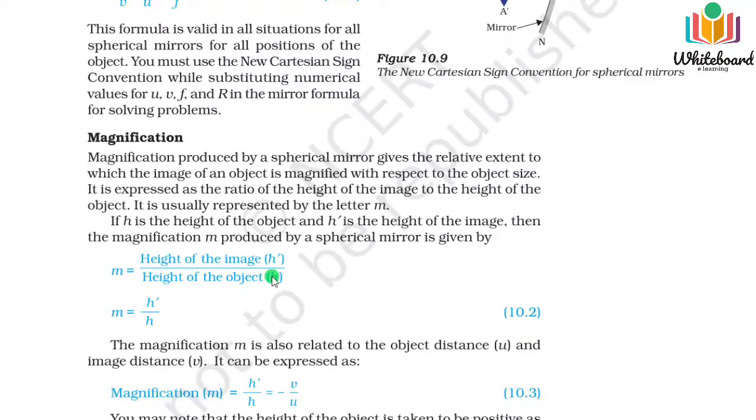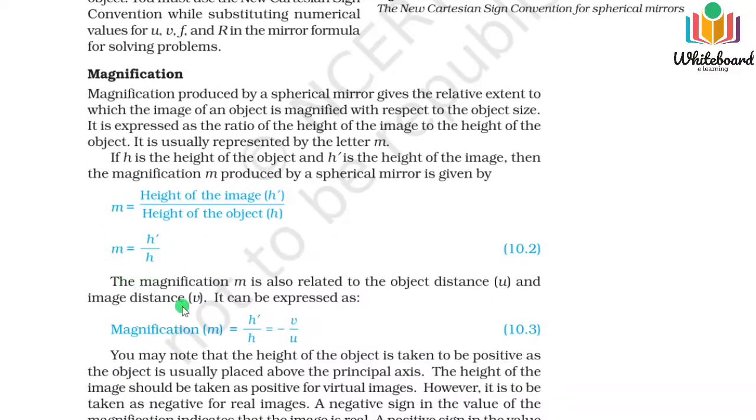that is actually the magnification. If m is equal to 1, that means h dash by h is equal to 1, which means the same size. If h dash by h is greater than 1, then the image formed is bigger with respect to the object. If magnification is less than 1, the image formed is smaller with respect to the object. So the actual measurement you get from h dash by h,